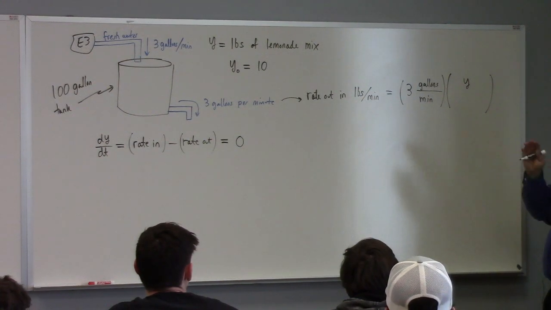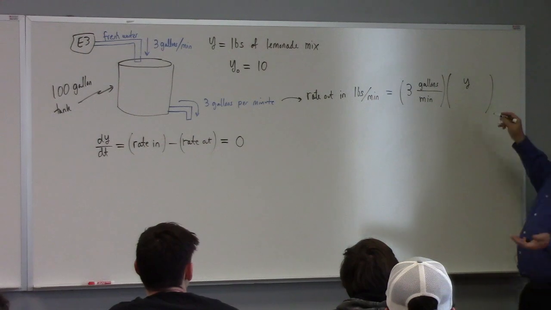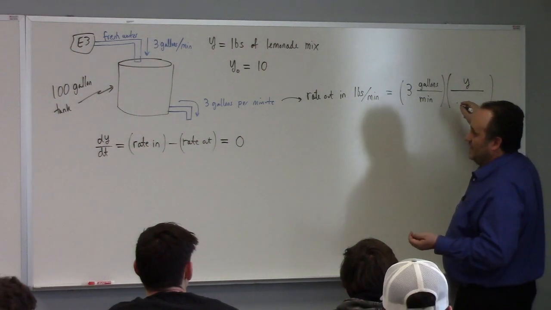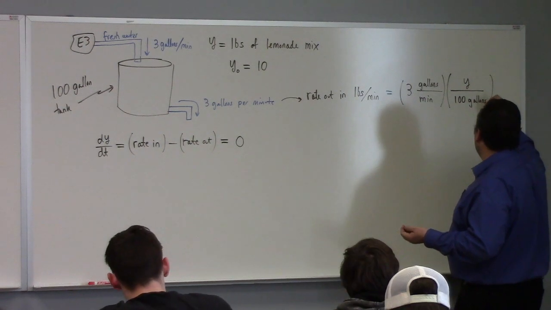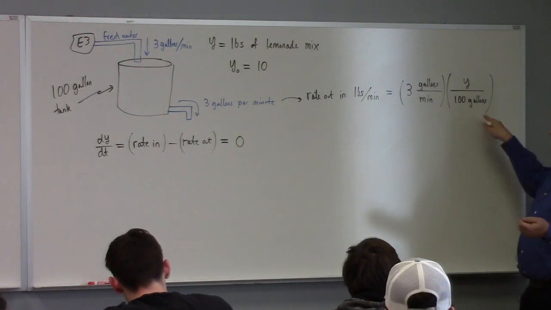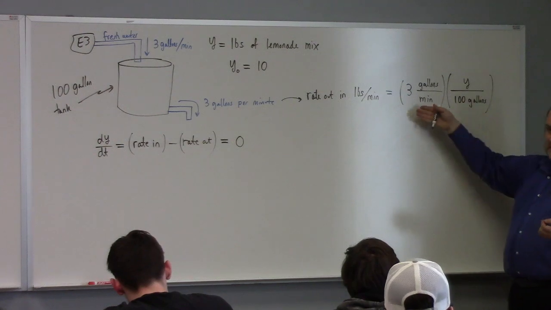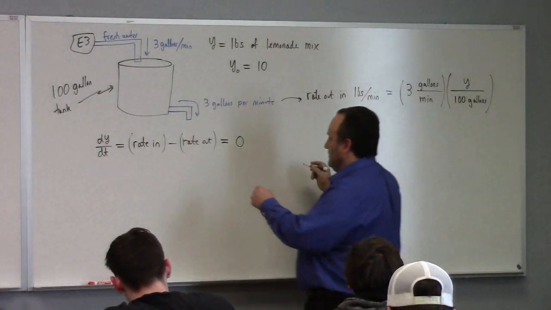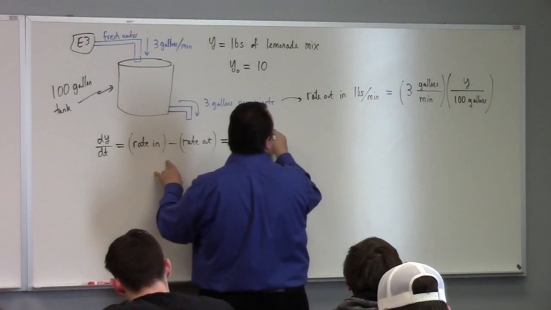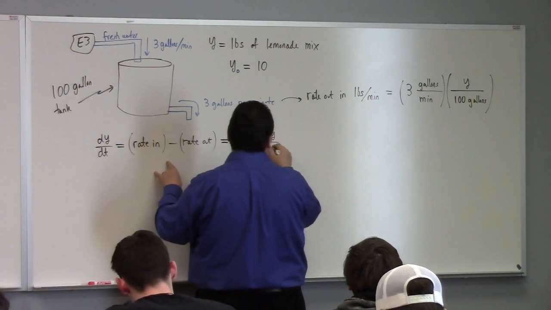So what we have to do is actually multiply by the so-called concentration. So I take Y and I divide by 100 gallons. Now if you look at it, dimensional analysis says that we're on the hunt because the gallons would be canceling, and we've got pounds per minute if you look at this expression, right? So to come back over here, we simply have minus 3Y over 100